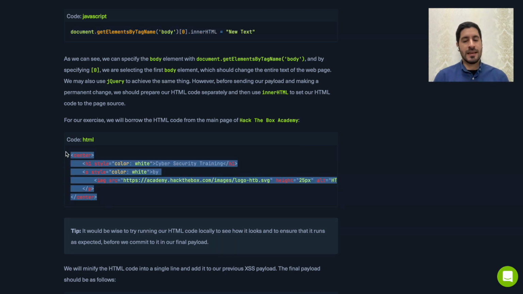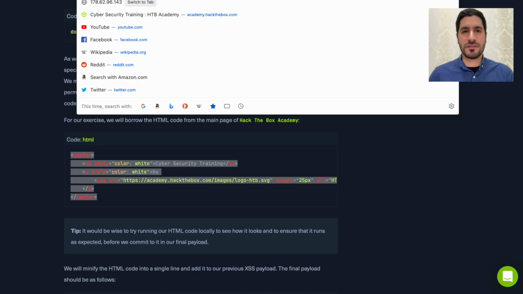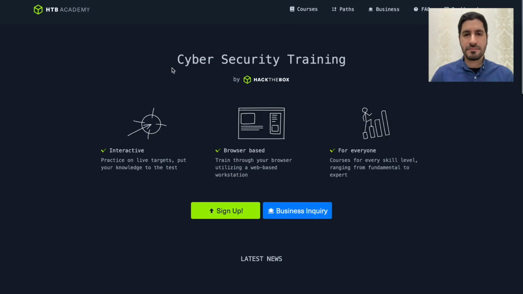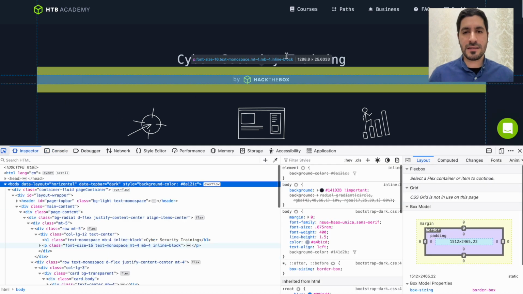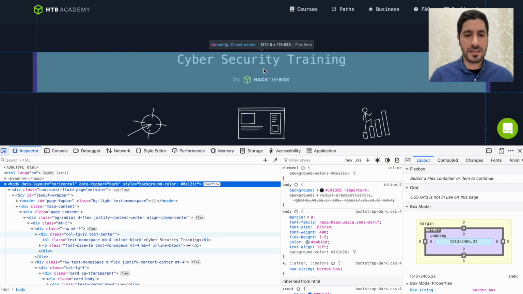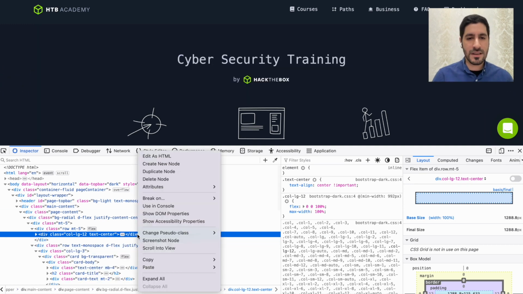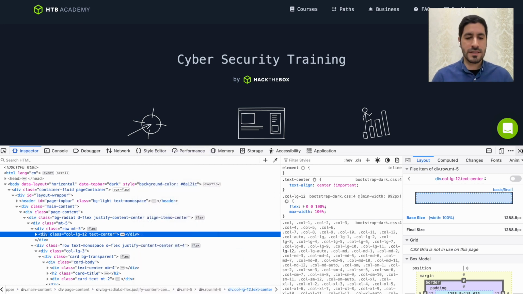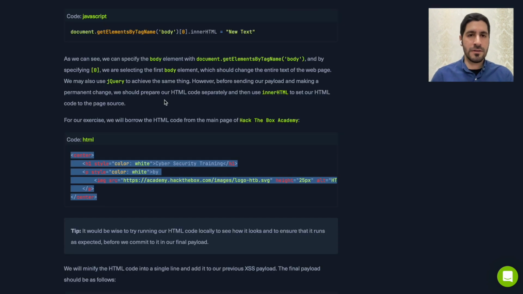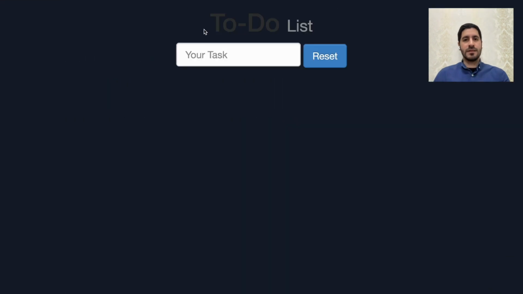Here in the module, we have a sample HTML text that we took actually from the Academy main page. We can just go to this main page. We can just click on Control Option or Control Alt and I and select this bit. Okay, let's select both of them. We can just go right here and right click on it and select Copy Inner HTML. Now we can close this and go back to our vulnerable web application and input the